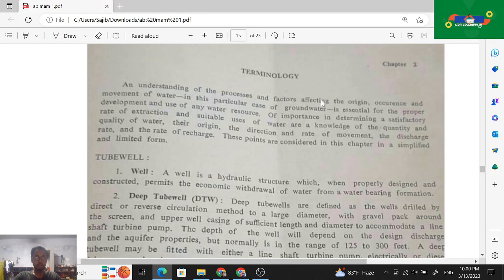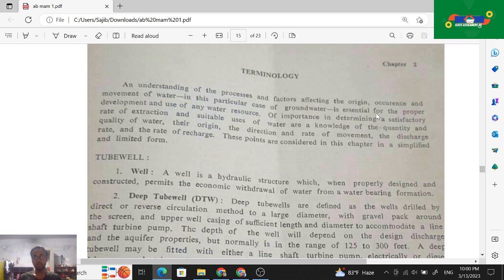আচ্ছা, তো ফার্স্টে যেটা আছে টার্মিনোলজির মধ্যে সেটা হচ্ছে an understanding of the process and the factors affecting the origin, occurrence and the movement of water, in this particular case of groundwater, is essential for the proper development and use of any water resource,